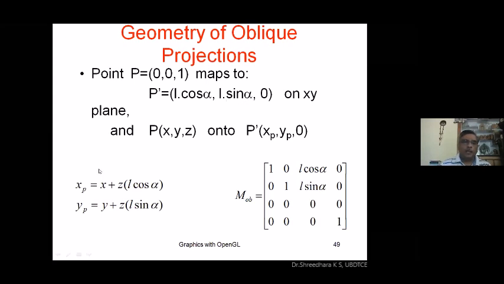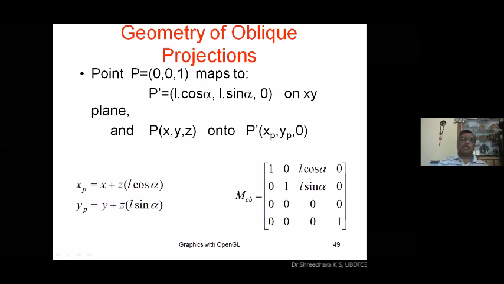We will try to find the xy value: x plus z L cos alpha, y plus z L sin alpha. The transformation matrix looks like 1, 0, L cos alpha, 0; 0, 1, L sin alpha, 0. For the Z axis row it is 0, 0, 0, 0, and the last one is 1. So this is the transformation matrix derived for oblique projection.